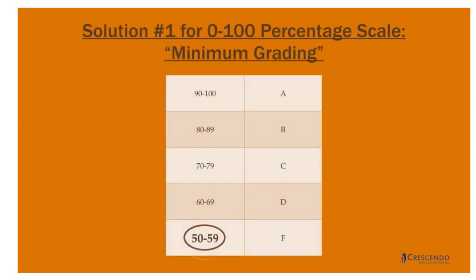But the 50% can be hard to do. Some of us might feel that this sends a confusing message to students. Plus, this doesn't address all of the weaknesses of the 0 to 100 percentage scale. Fortunately, there's a much better solution, and that's to use a more accurate and mathematically sound scale. It's so easy